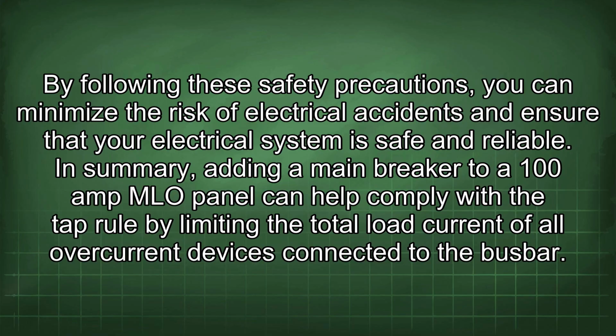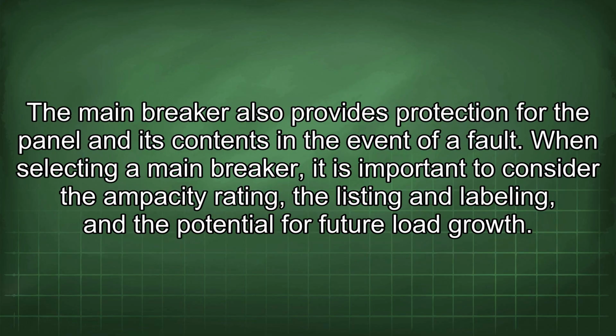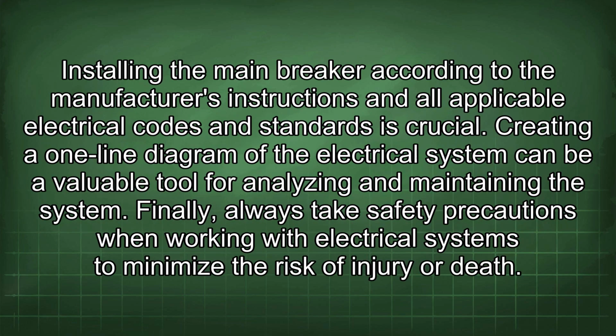safe and reliable. In summary, adding a main breaker to a 100 amp panel can help comply with the tap rule by limiting the total load current of all overcurrent devices connected to the busbar. The main breaker also provides protection for the panel and its contents in the event of a fault. When selecting a main breaker, it is important to consider the ampacity rating, the listing and labeling, and the potential for future load growth. Installing the main breaker according to the manufacturer's instructions and all applicable electrical codes and standards